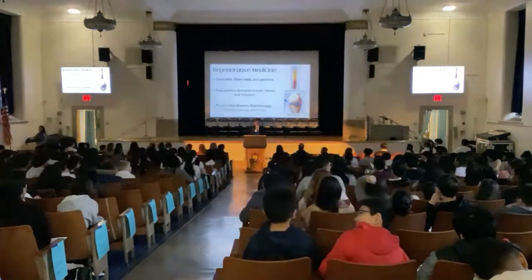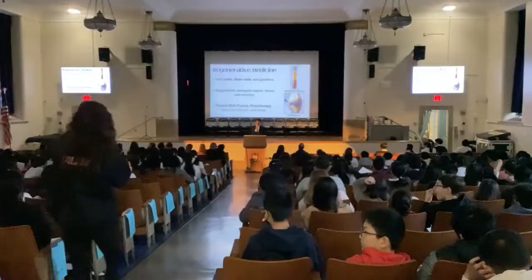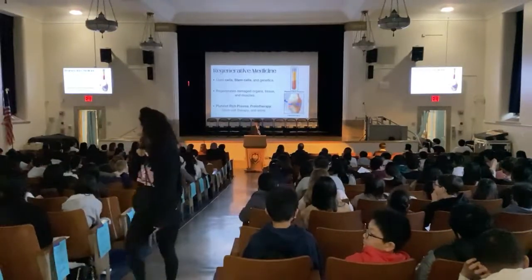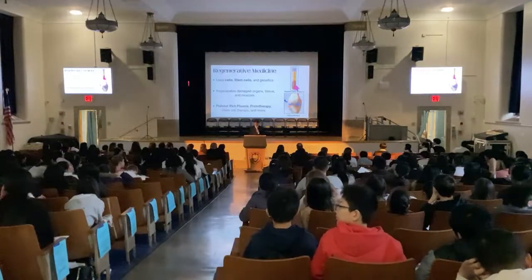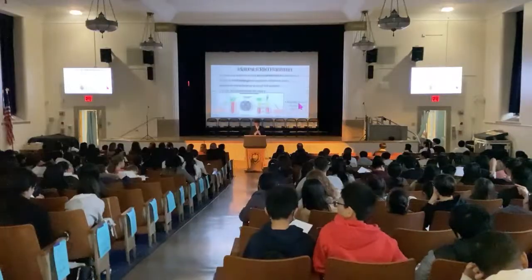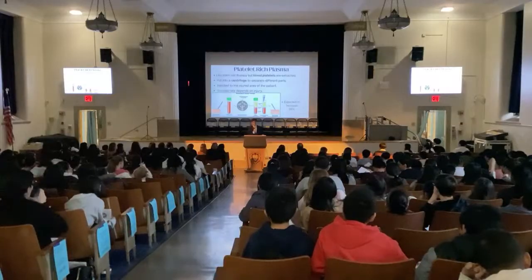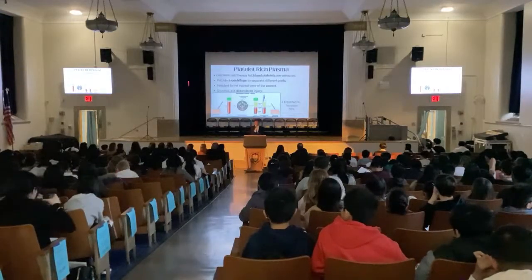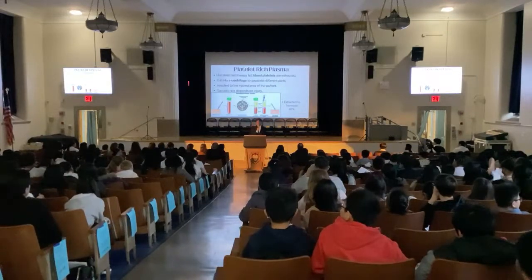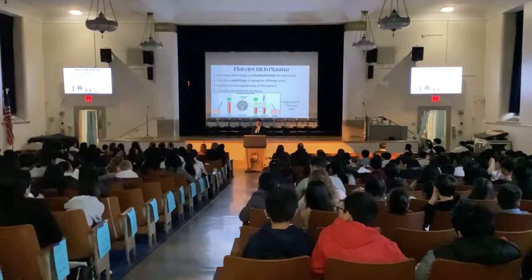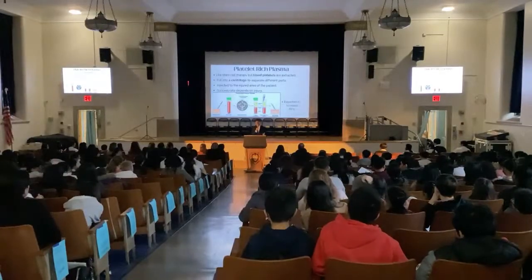Treatments that are considered regenerative medicine are platelet-rich plasma, prolotherapy, stem cell therapy, and more. So right here are the two treatments I'm going to be mostly talking about, which are platelet-rich plasma and prolotherapy. Platelet-rich plasma is similar to stem cell therapy, but instead of extracting stem cells, blood platelets are extracted from the patient. Blood platelets are small, colorless cell fragments that form clots and stop and prevent bleeding. A reason why blood platelets are extracted is due to their natural healing properties, which are growth factors.